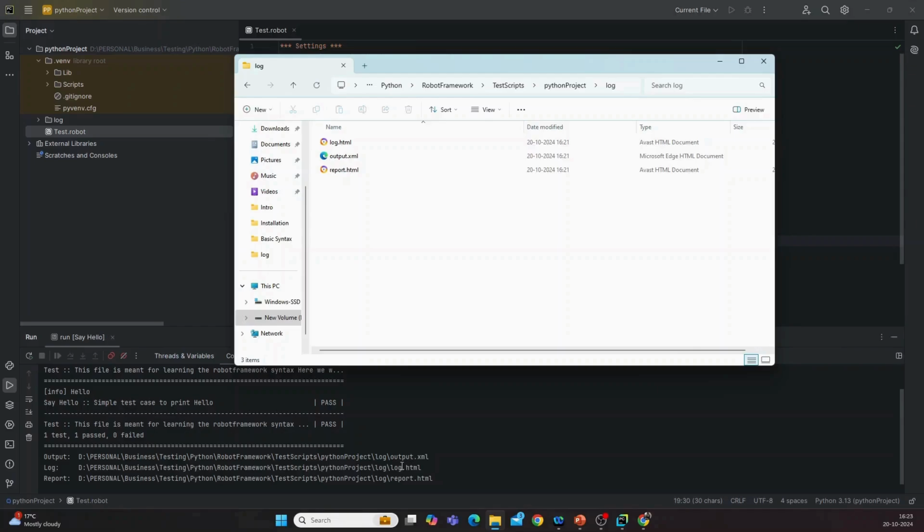One is called output.xml, which is a detailed step-by-step file in the XML reporting format. The log.html gives a very detailed report indicating, step by step, the operations that we perform during the execution. And then there is a summary test report file which basically gives the summary of your test execution. If you want to understand each step in detail, so suppose your test case failed, which step really failed, in such cases you have to go to the